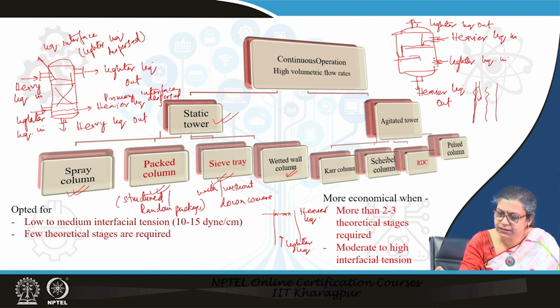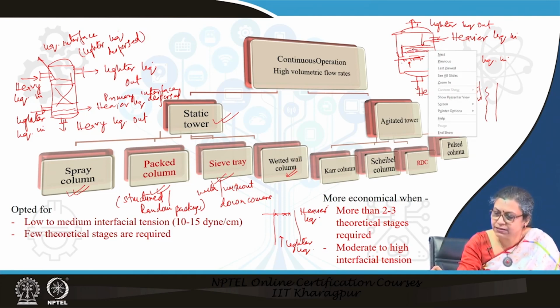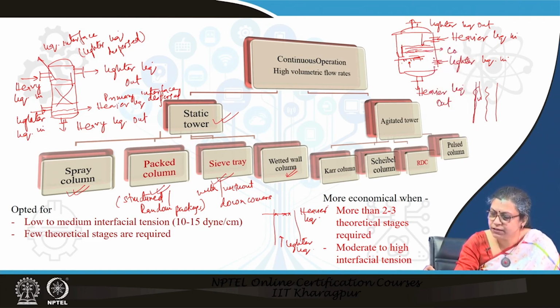The lighter liquid, suppose that is the dispersed phase. If the lighter liquid is the dispersed phase, then it flows through the perforations here. As it is flowing through the perforations, it forms droplets. As these droplets move, they coalesce and form a layer just beneath the tray. Here we have a coalesced droplet layer,